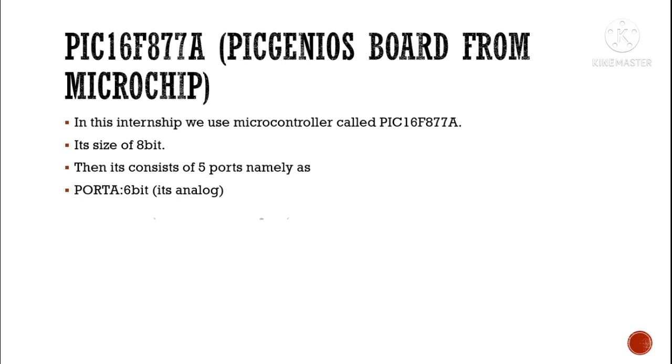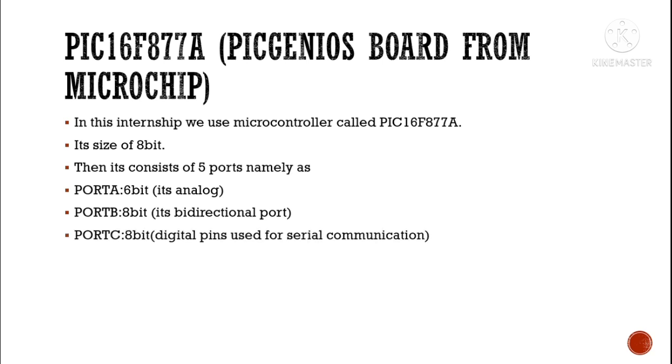Port A is used for analog only. Port B is 8-bit and is a bidirectional port. Port C is 8-bit and can be used as digital pins, used for serial communication. Port D is 8-bit, and all are digital pins. Port E is used for